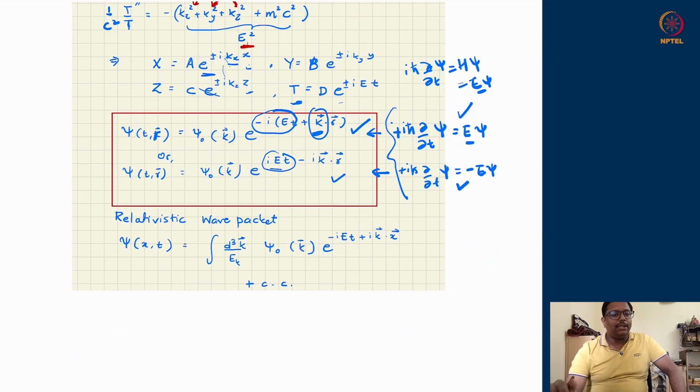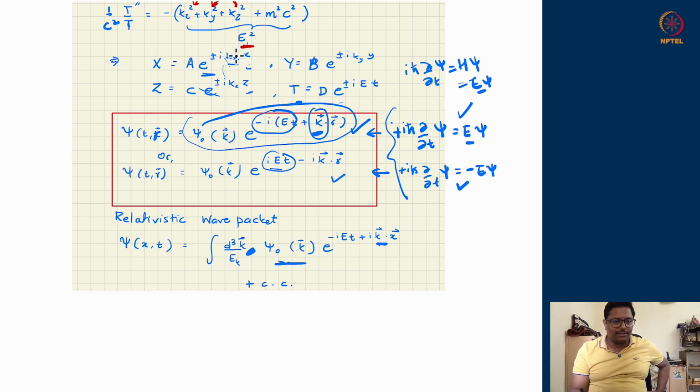In general, any relativistically valid wave packet can be made from these solutions superposed with different coefficients. So I will integrate over all k. All vectors in the space can be integrated over, for all plus minus signs, and their constant values will be captured by the variation of d3k. d3k contains all possible e to the power ik dot x.